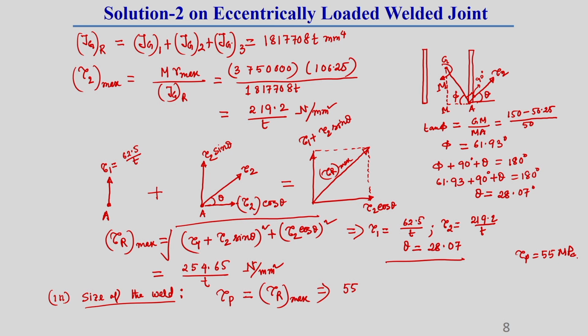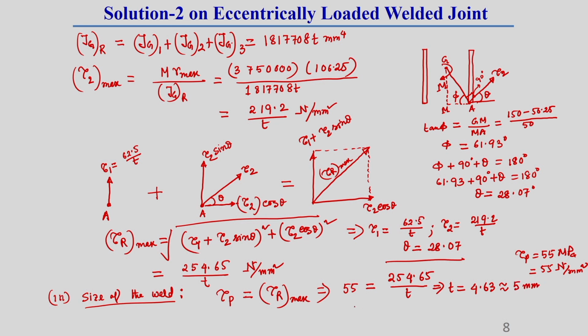We know 1 MPa equals 1 Newton per millimeter square. So 55 equals 254.65 divided by t, with tau r max also given. From here we can easily find out the throat thickness of the weld, which we are getting as 4.63,